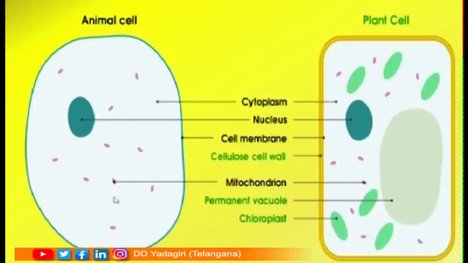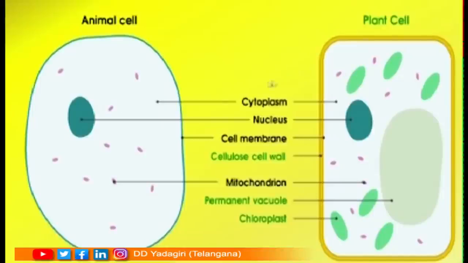Students, what is the major difference you find here by looking at this picture? Yes, here in the plant cell you see a cell wall which is absent in animal cell. So that is a significant part of a plant. This plant cell contains cell wall. The cell wall is a tough layer present over the plasma membrane which protects the plant from the external atmosphere.